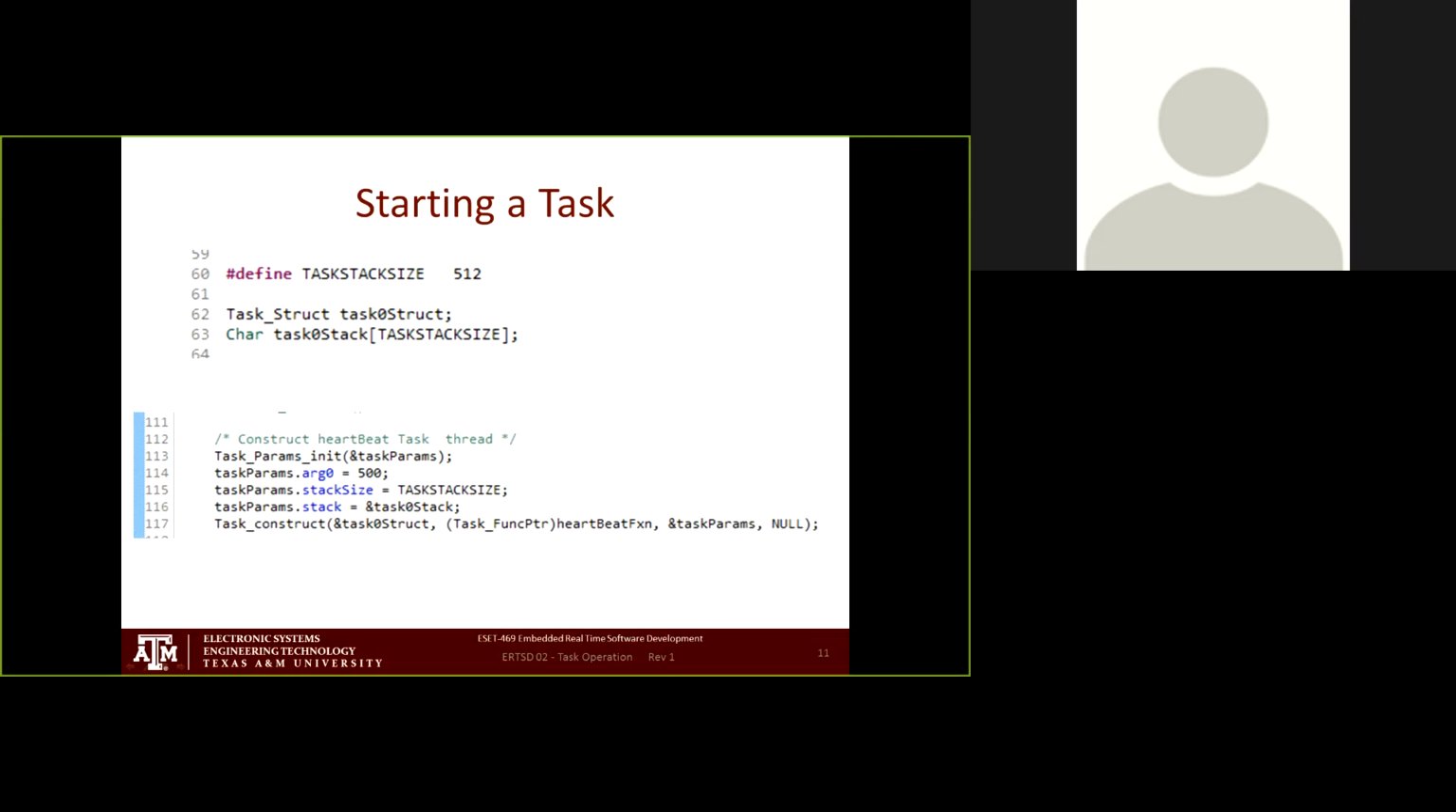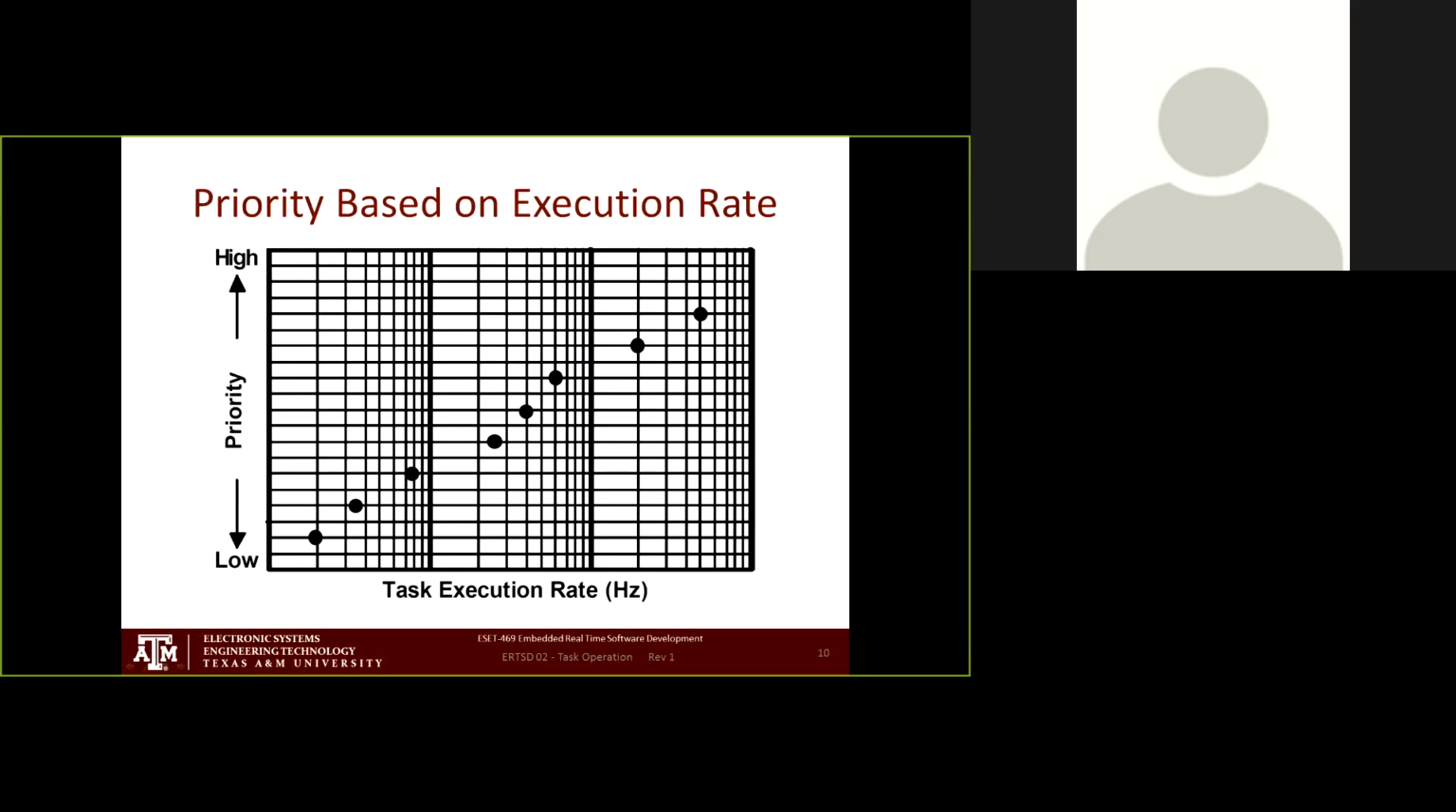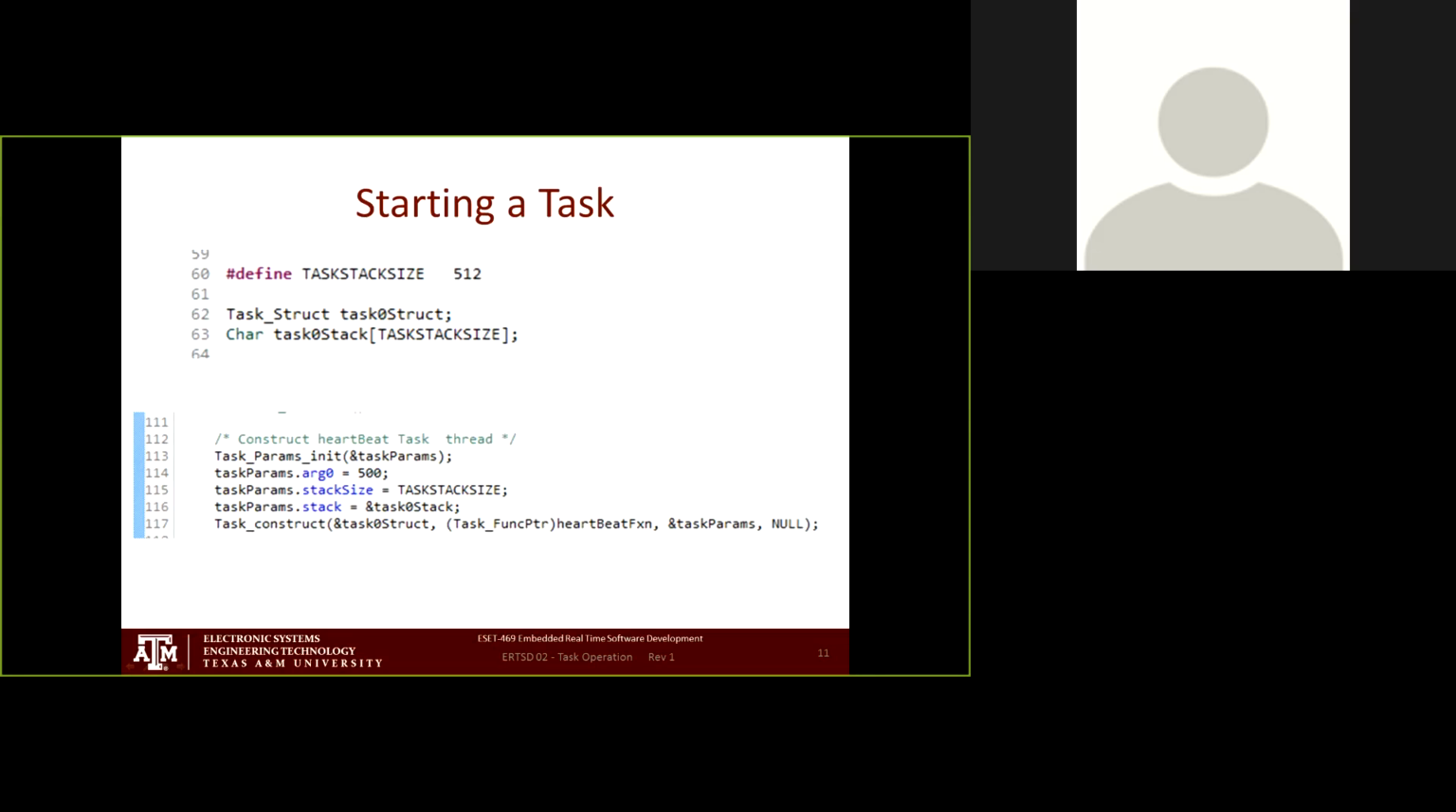This is my task control block, task struct, for task 0. And that right there, task 0 stack, spelling error? That should be... no, that's not a spelling error, that's correct. Task stack size. All right, tongue twister though. And then down in the body, when we get ready to start up this task, what we do is this: